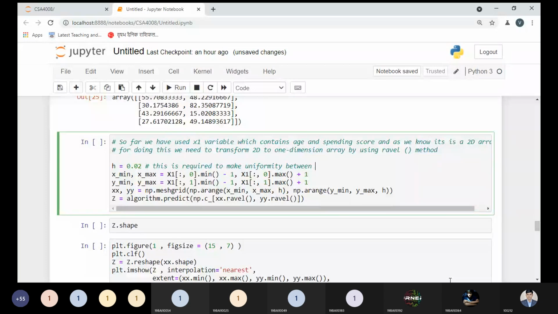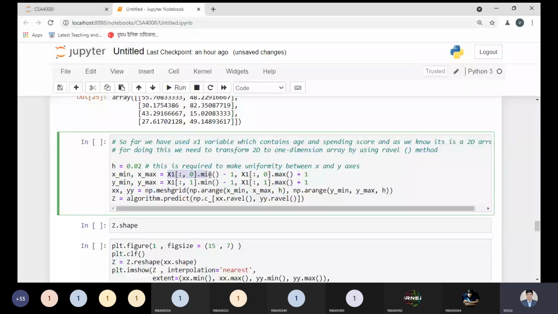Between x and y axis. Okay. This concept we can understand when we need to transform any object from 1D to 2D or 2D to 3D. So at that time it is required. So that's why I'm taking this concept right now, and it's a necessary part. So we can choose any negligible value, that is 0.02. If you want to write 0.07, any value, 0.00 and so on, but that should be some value. So h would be represented by some value.